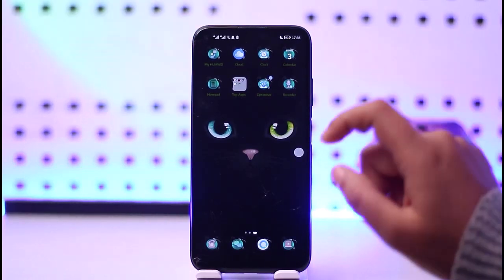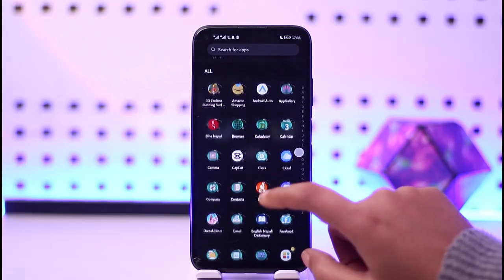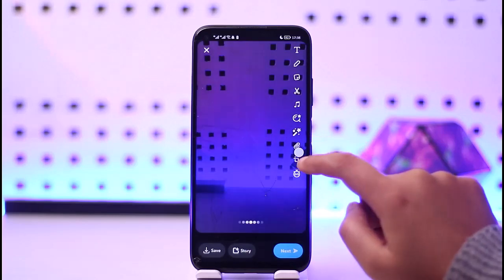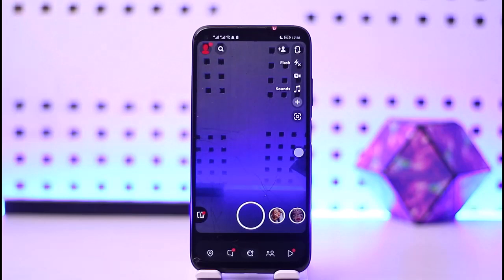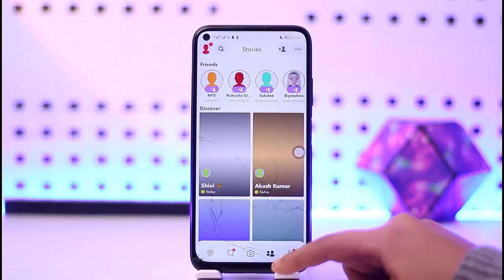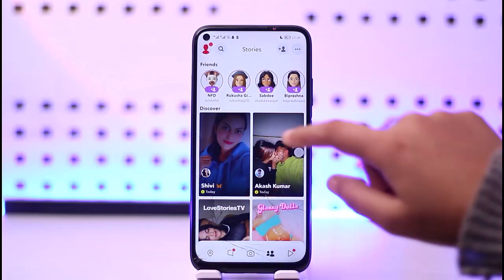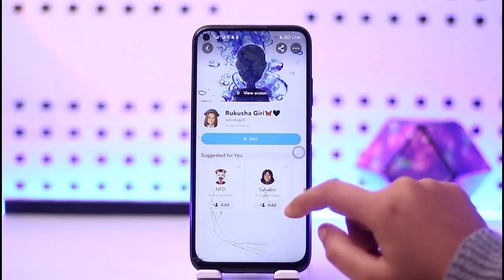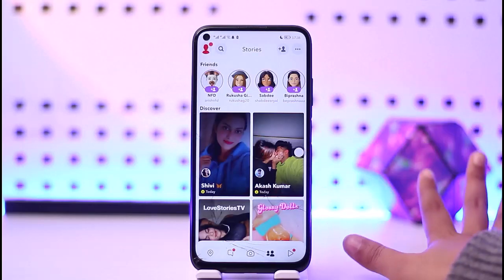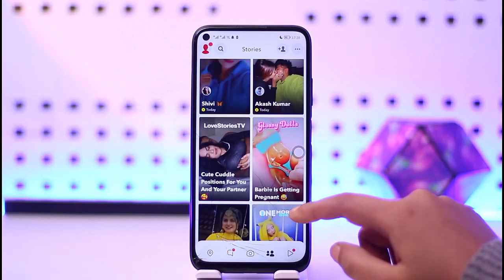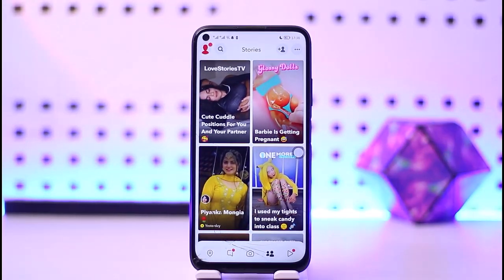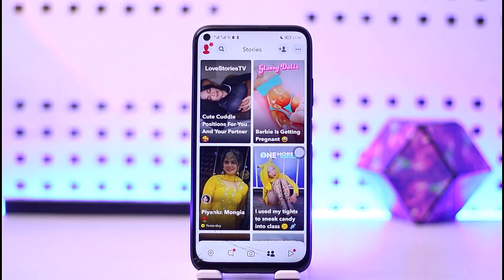So for the matter, you have to access the Snapchat app on your mobile phone first. So we go back, discard the story. So let's say we are in your Snapchat and we go to the stories section, and then people have added the story, right? If you tap on the story, if that person has tagged us on their story, then we will be able to tap on it and it will show us the add to story option. Once we tap on it, we'll simply snap it, and now it will show our ID,